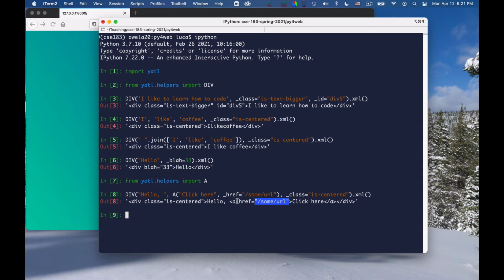Of course, the URL, in reality, you should generate it with the URL helper, and so we can say from py4web import URL, okay? And the complete example done in the proper way would be something like this. So this portion is the same, but the href is generated by saying that this is a some URL.